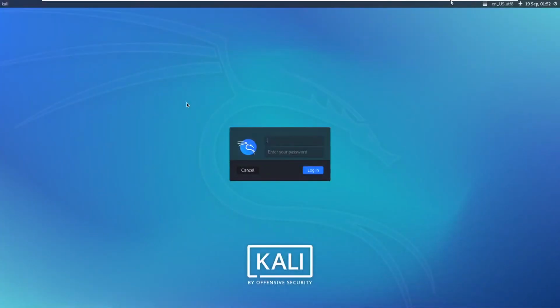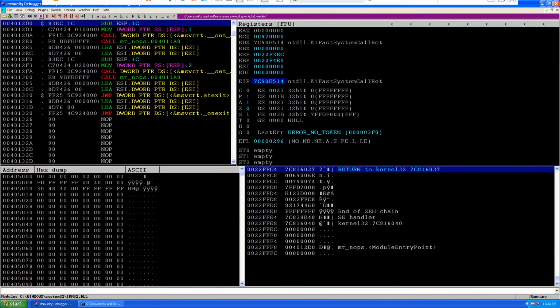So we need to find the jump ESP instructions. That's the basic one. And to find the jump ESP instructions, we need to use the Mona module. I have already installed Mona. Now say Mona jump -R for register and ESP.